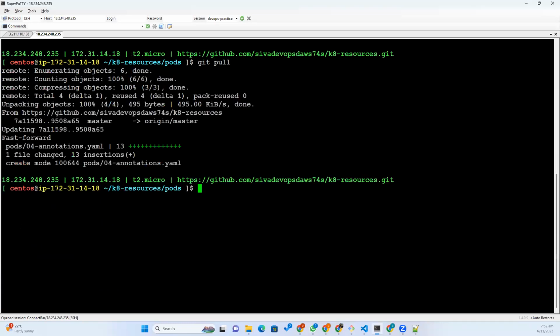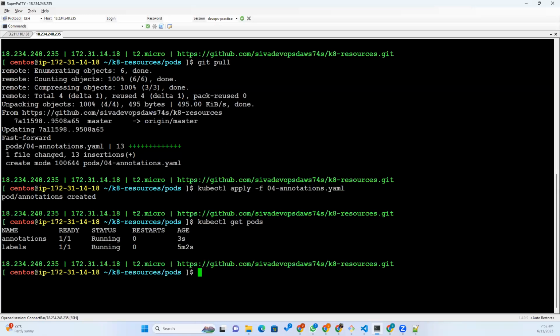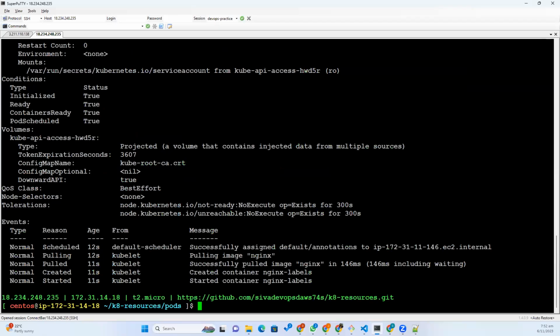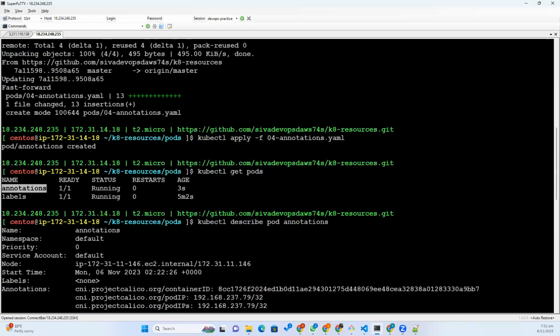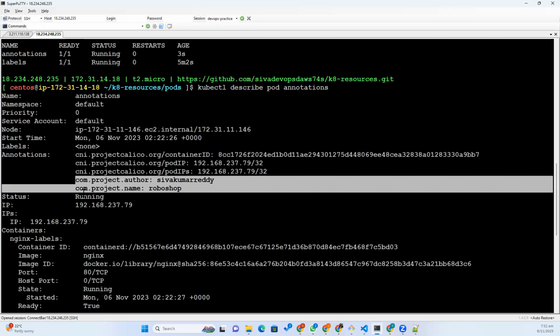Okay. Careful, kubectl apply -f 04 annotations. kubectl get pods. Describe it. kubectl describe pod and annotations. Now you can see our annotations should be added here: com.project.author, com.project.name, something like this. Okay, so this is about labels and annotations. And the next resource we can see is